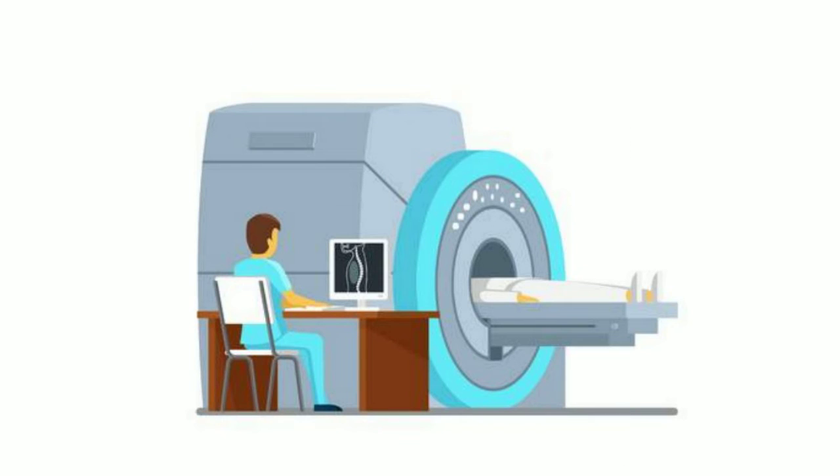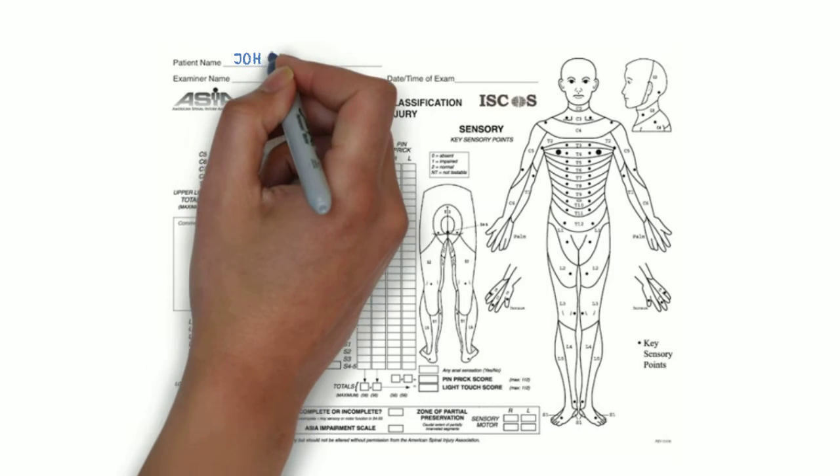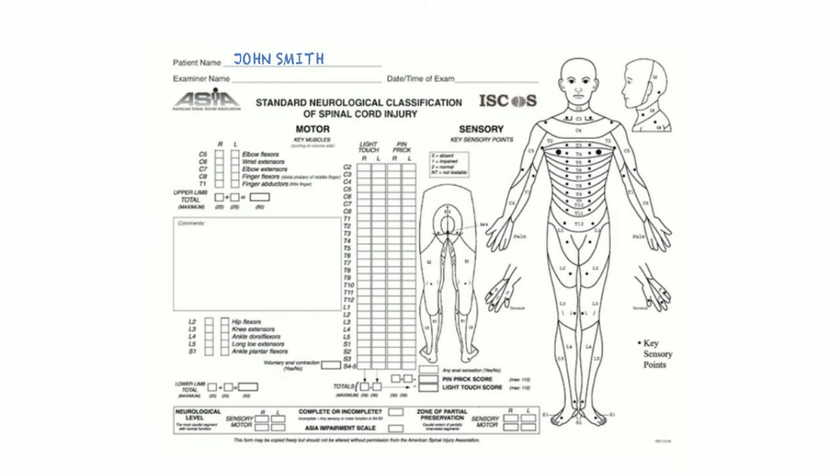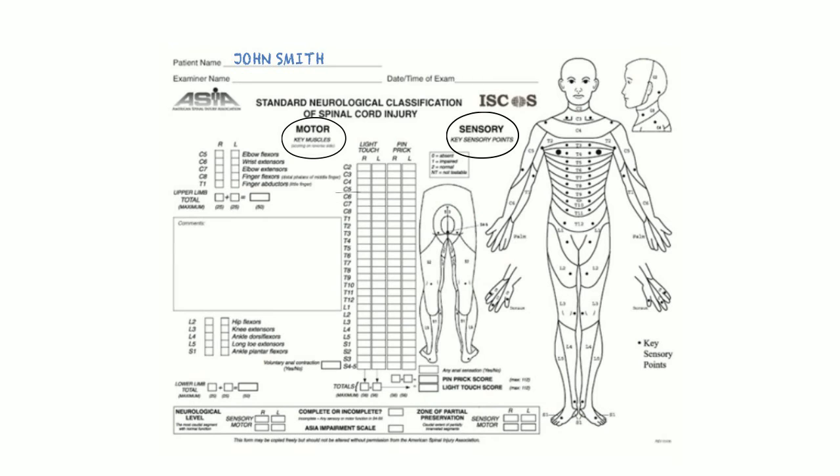John undergoes an MRI to confirm the spinal cord injury and is then examined in order to determine both the level of injury and whether it is complete or incomplete. The neurological level of injury and American Spinal Cord Injury Association impairment scale are used as prognostic factors to determine severity. The NLI examines all dermatomes and myotomes in the upper and lower extremities and tests both sensory and motor function. It was determined through the use of the NLI that John sustained a complete C5 spinal cord injury, meaning that proper functionality below the C5 level is unlikely.